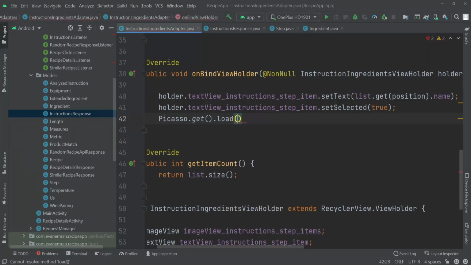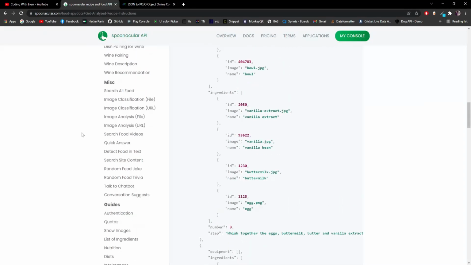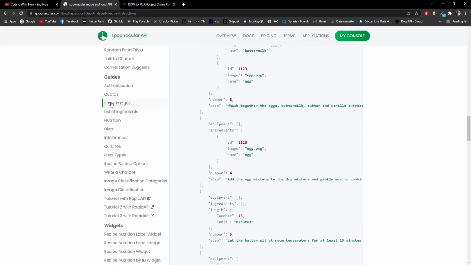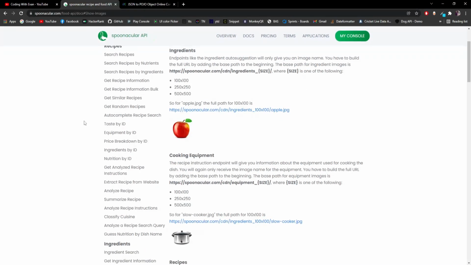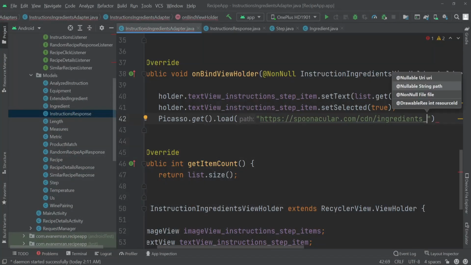and for the URL again if we go into the API documentation we'll go all the way down to the guides, and for the show images tab we'll go inside, and here as you can see for the ingredients we have this link. Okay, so I'll copy this until this part. Okay, I'll copy this and I'll go back to Android Studio and paste it here inside a quotation,